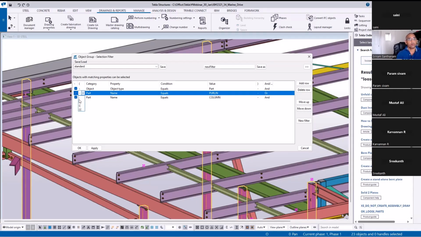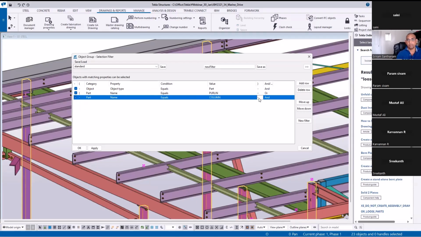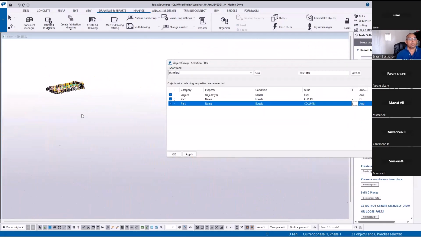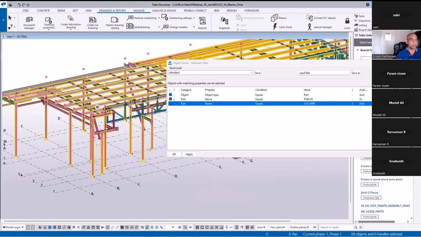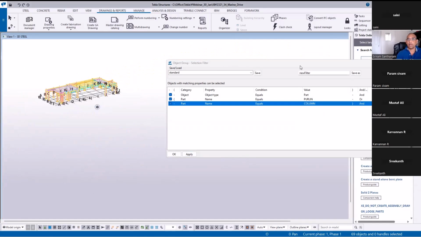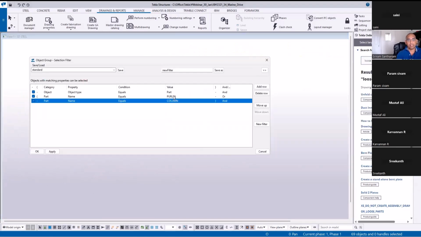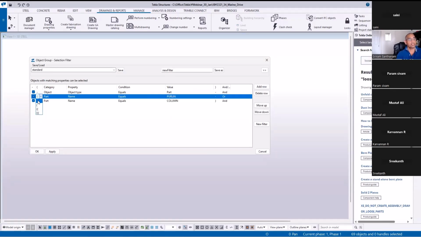And one thing you can do is add a bracket here, right? And then once I click apply, if the member part name is purlin or column, it will select both the objects. You can see here. So you don't have to create a separate row and add these brackets. The best thing you can do is,